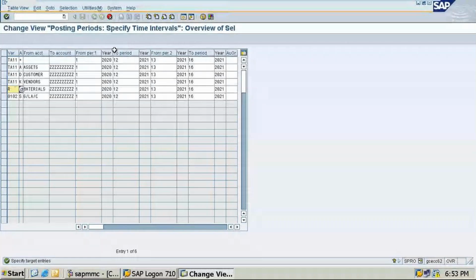So TA11. Okay. Now we need to change the posting periods here. So what is the posting period now? 2024. As our financial year is 2024, we need to change here as 24 from year to years. So here we have to change 24, 24. This is also 24.